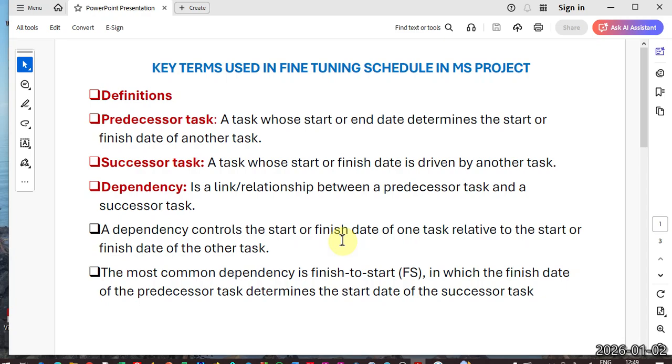The second definition here is the successor task. This is a task whose start date or the finish date is driven by another task. And this another task is always the predecessor. As we have just said, a predecessor is a task whose start or end date determines the start or finish date of another task. So this is something which we are going to see when we come to